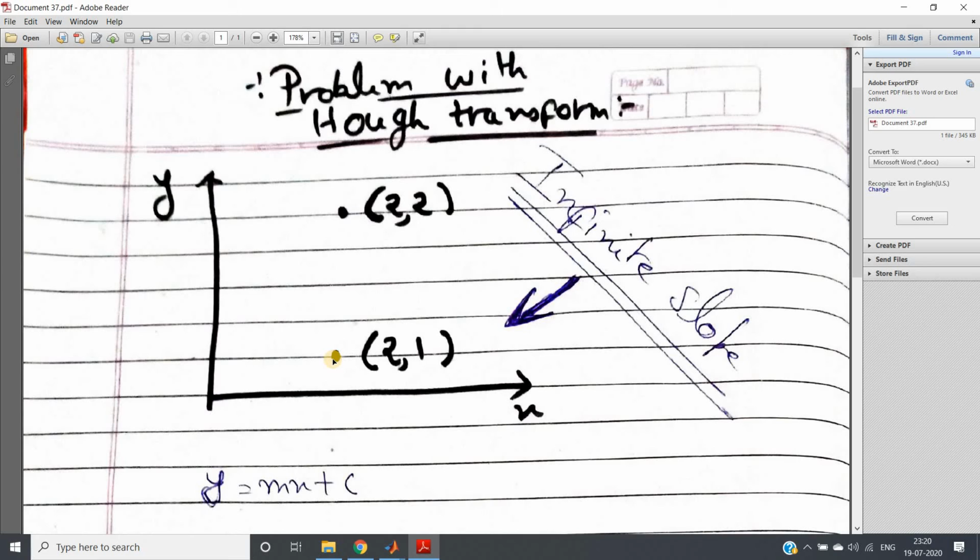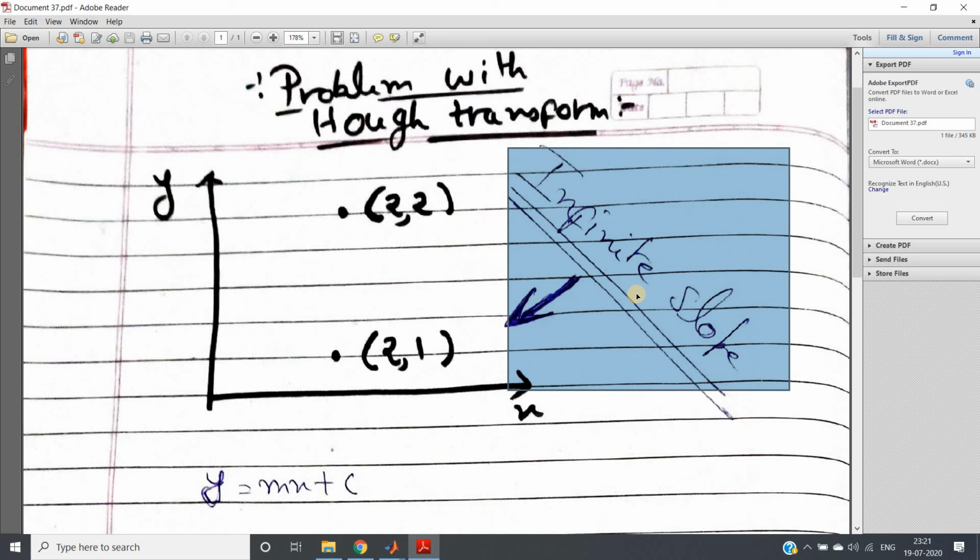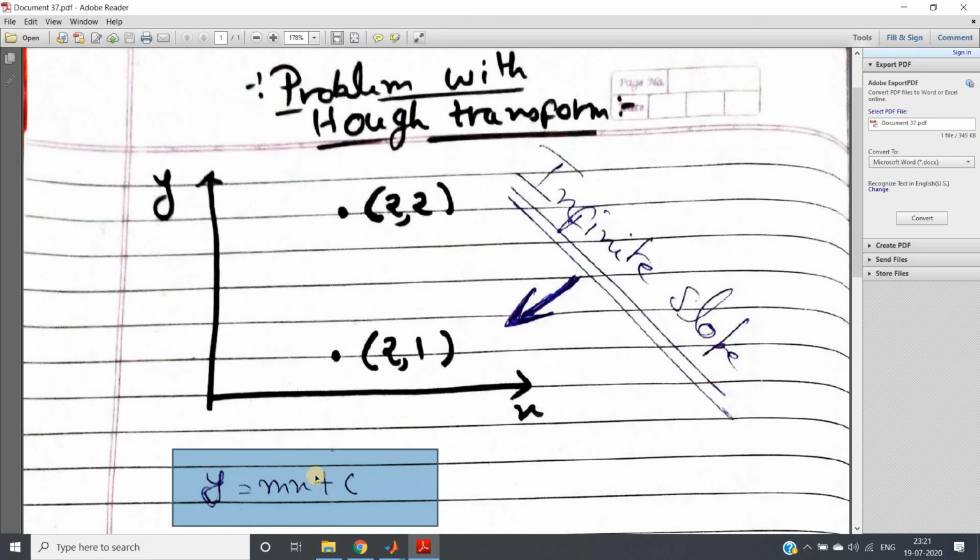But in a practical scenario, in this particular image, by simple observation we can say obviously there is one straight line connecting these 2 points, which has infinite slope. There is a straight line present, but Hough transformation is unable to give us the straight line connecting these 2 points. So this is the problem we face when applying Hough transformation when the two connecting points have infinite slope. Here the Hough transformation in this slope intercept form fails.